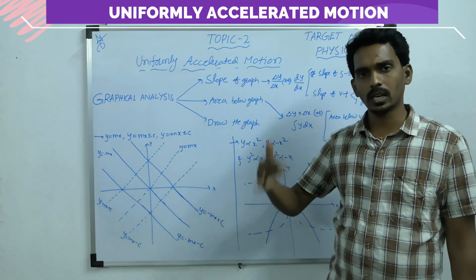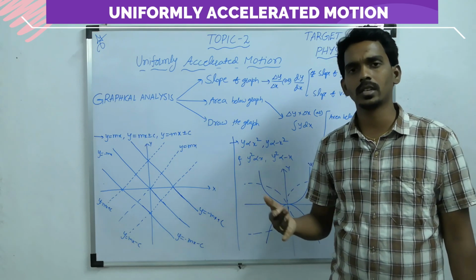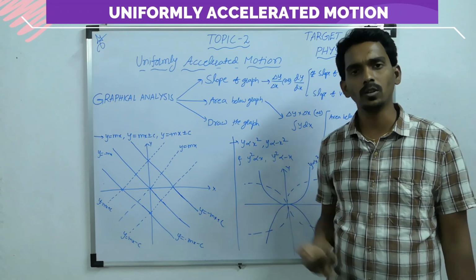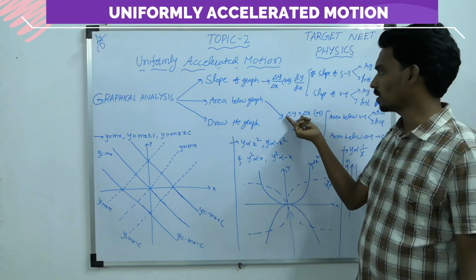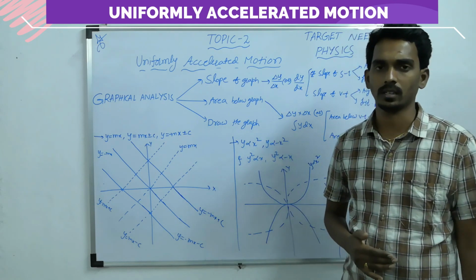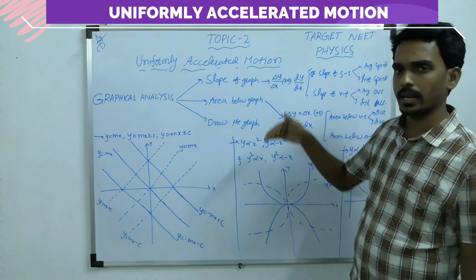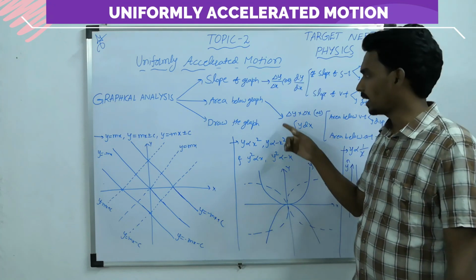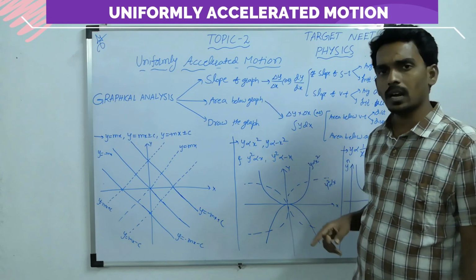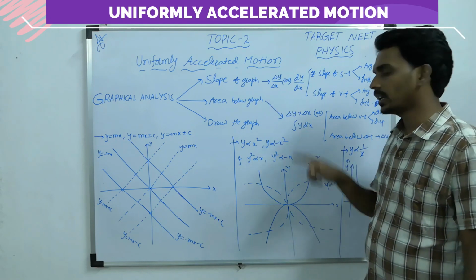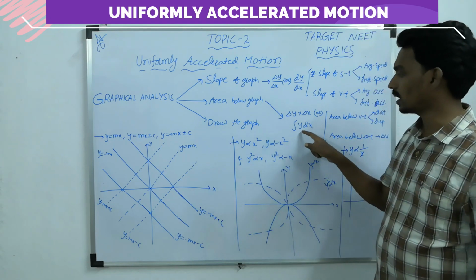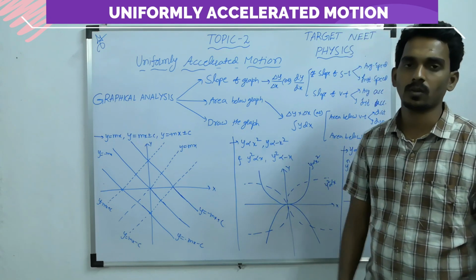Suppose the area below the graph is in triangular shape, then what is the area? Half into base into height. If it is a rectangle, then length into breadth. But it is proportional to delta y into delta x, y quantity into x quantity. Slope is the ratio of y by x, and area is proportional to y into x. If the same graph is a curved graph, then you will get the area below the graph from the integration of y quantity with respect to x quantity.